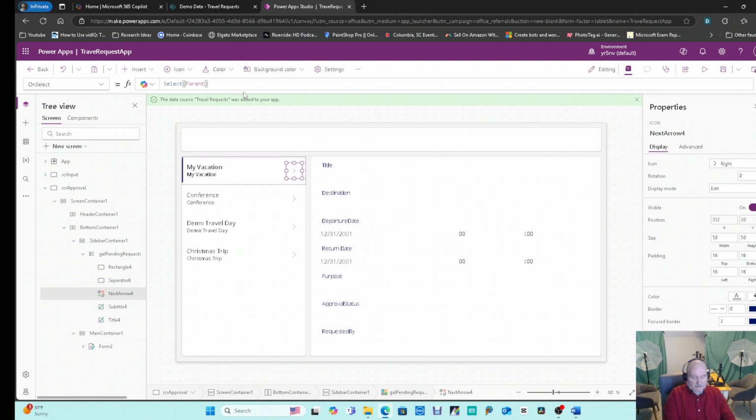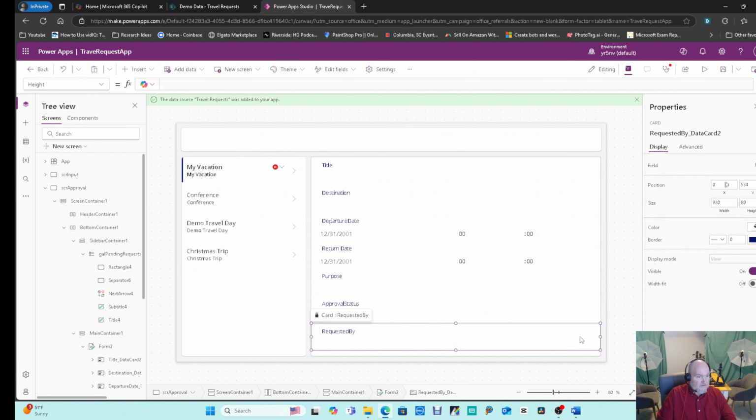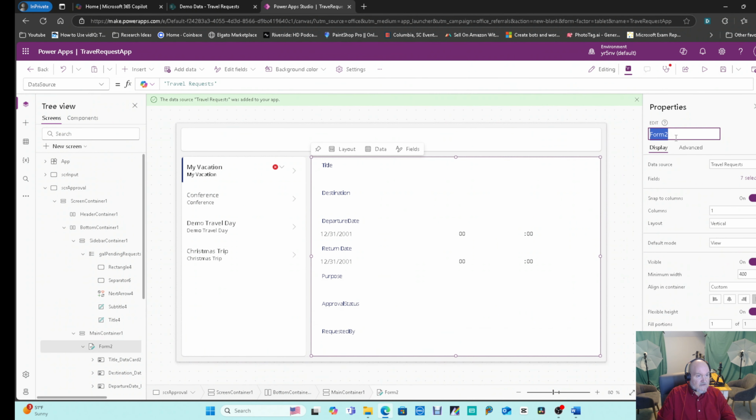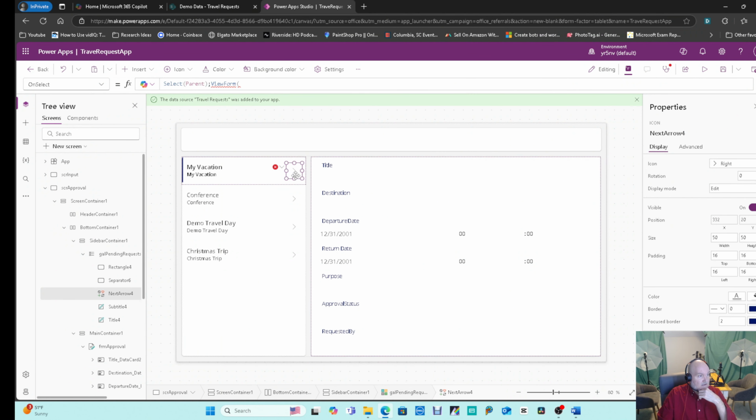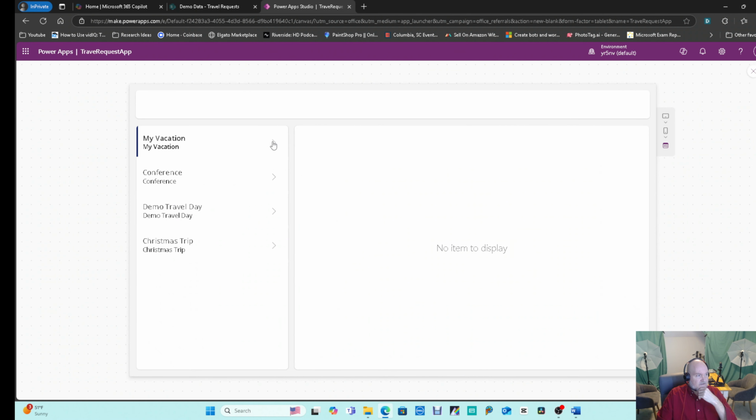We're going to put a semicolon, and say that we want it to be view form, and the name of the form is form 2. So I'm going to change that to FRM approval, and then we're going to grab that, go back here, and do form approval, right? And we're going to do the view form, and then if we test this out,